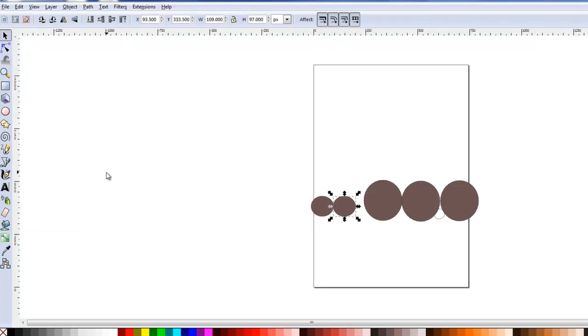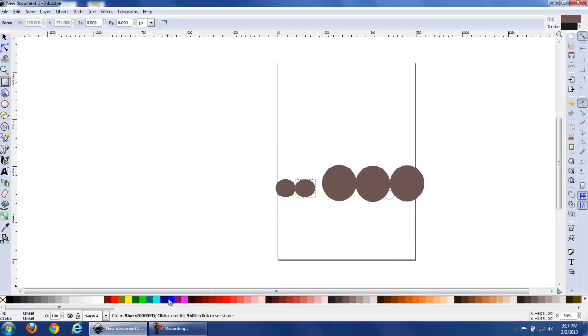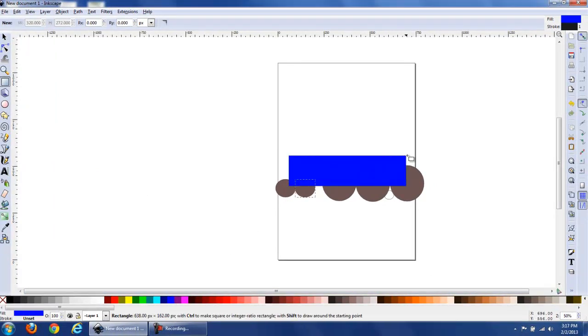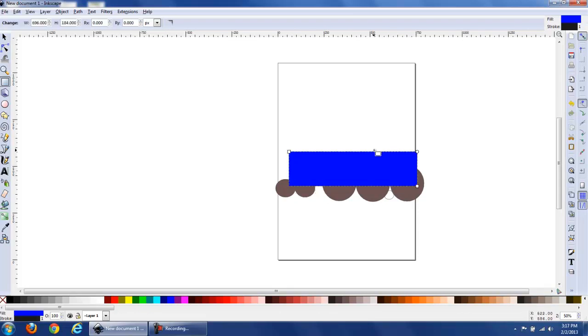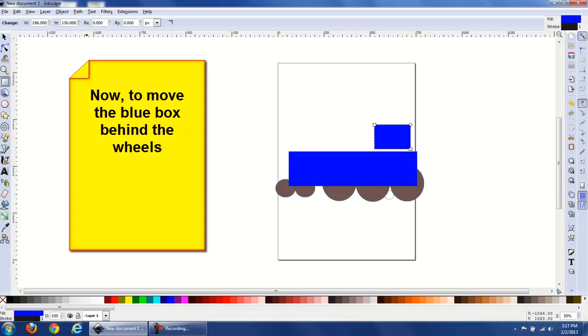And we can start creating something that looks like a train. And we can select an object, put it behind other objects,